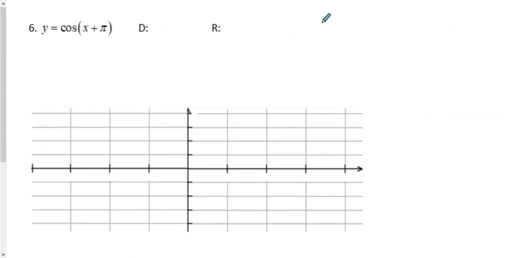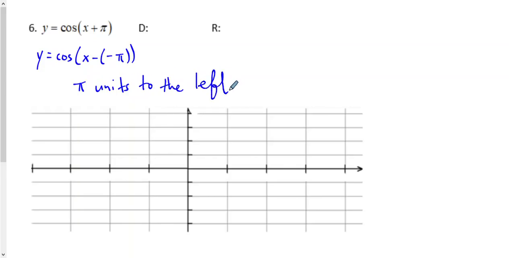Got 2 more examples. This one represents a phase shift. So once again, I'm going to rewrite this so it better matches the standard form of this equation. And this tells me that we are moving pi units in which direction? To the left, because this is secretly x minus negative pi. So we're going this way,